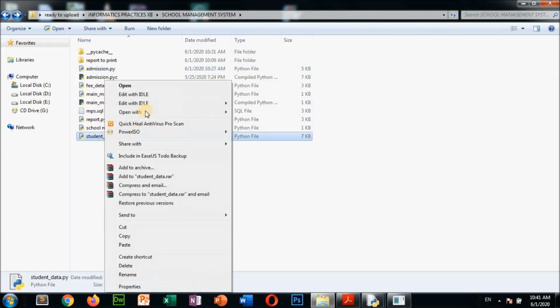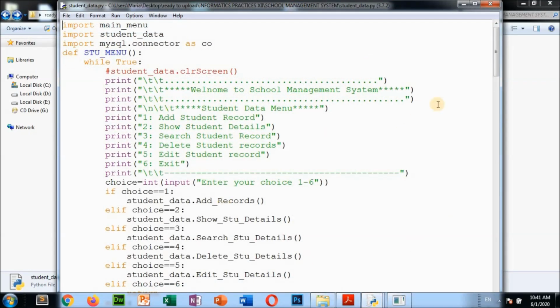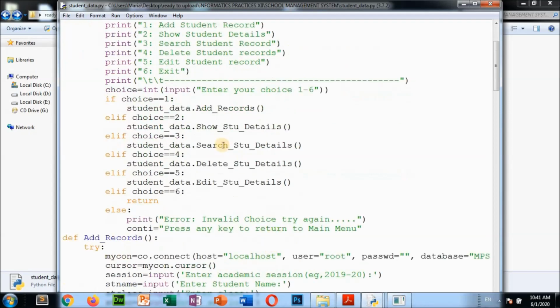This is the student_data. Similarly, what we have done in the admission menu, ADM menu, here I have given STU menu, one function. In this function I have given these different options. These are similar to what we did in admission. If you see from here, you will understand automatically. Add record is there, student details is there, search by student. Everything is given there.